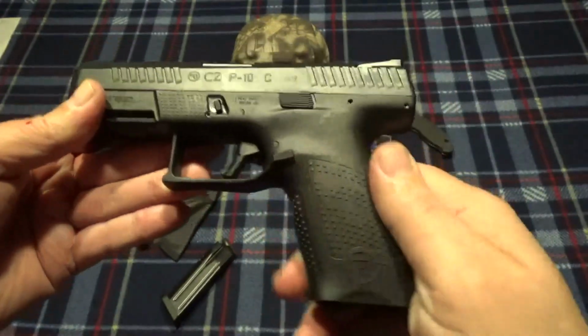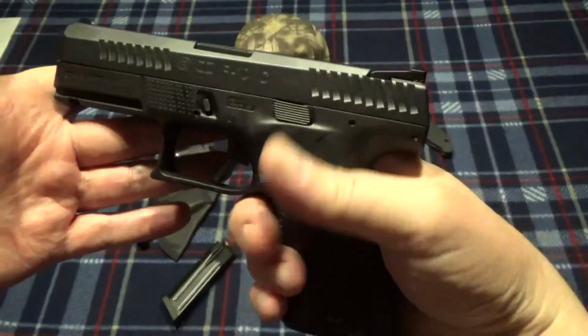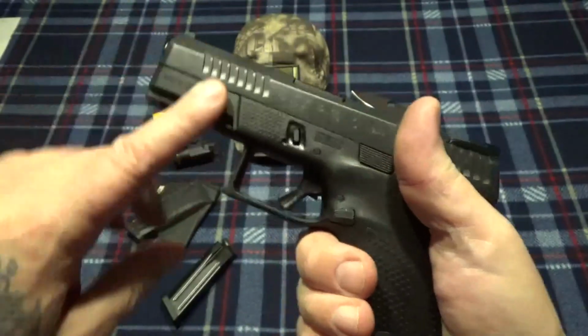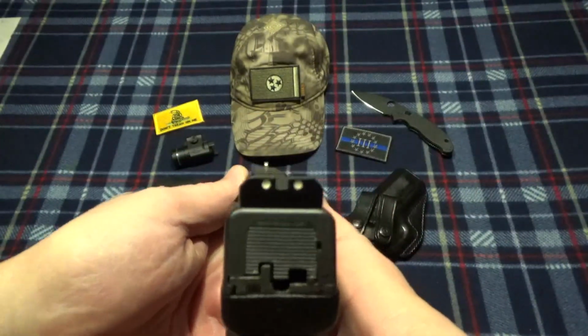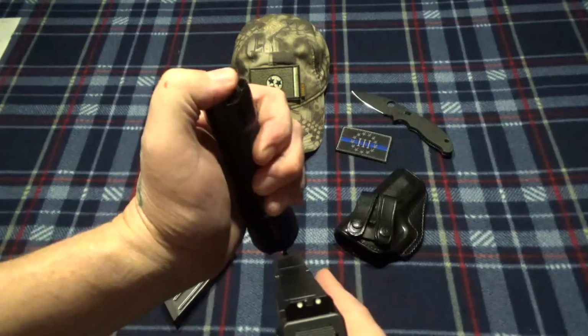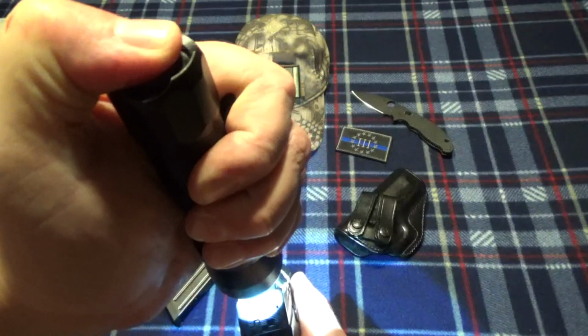Good texturing, although I do have a set of talons that are coming. I like my talon grips. That rubberized just gives me a better feel. Forward cocking serrations, which is awesome for doing your press checks. The sights, they don't look like anything to write home about until you hit them with a little bit of light. And if you're familiar with H&K,